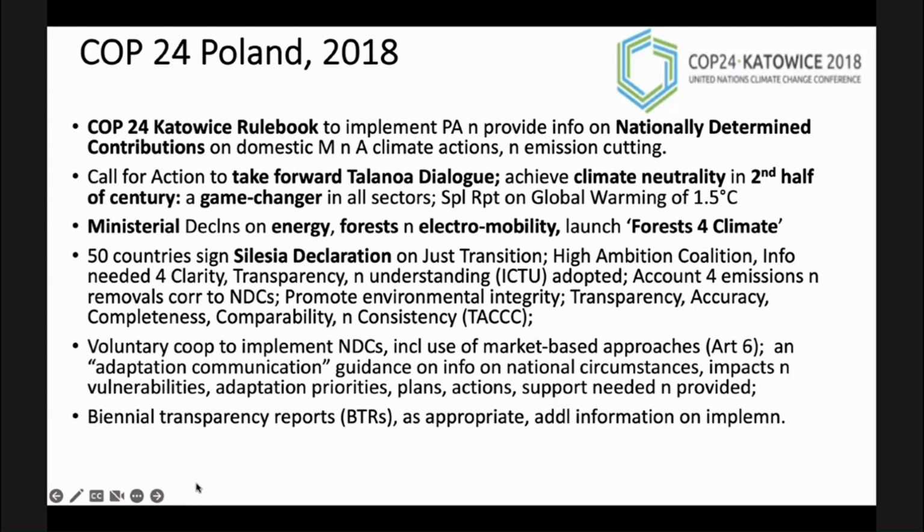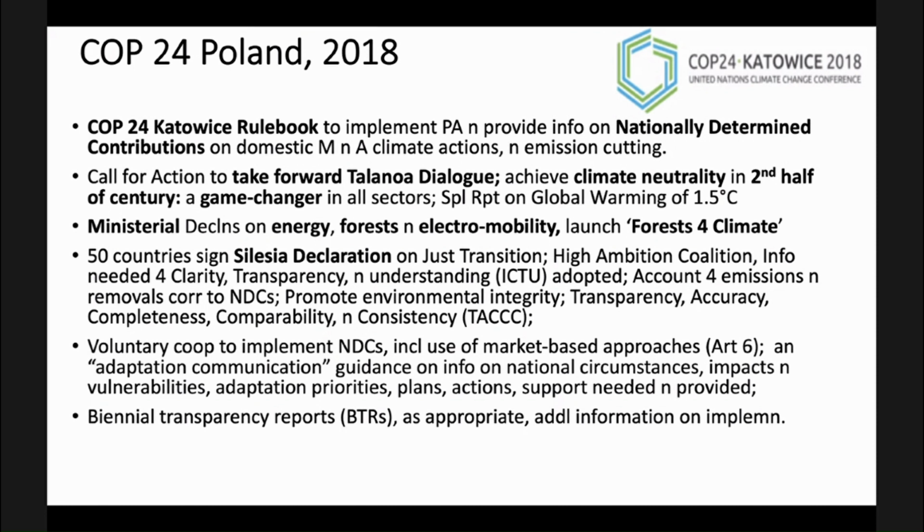COP24 in Poland created the Katowice rulebook. It enunciated the need for nationally determined contributions. It called to take forward the Talanoa dialogue. And there was a ministerial declaration on energy, declarations on energy, forest, and electric mobility, a launch of the Forest